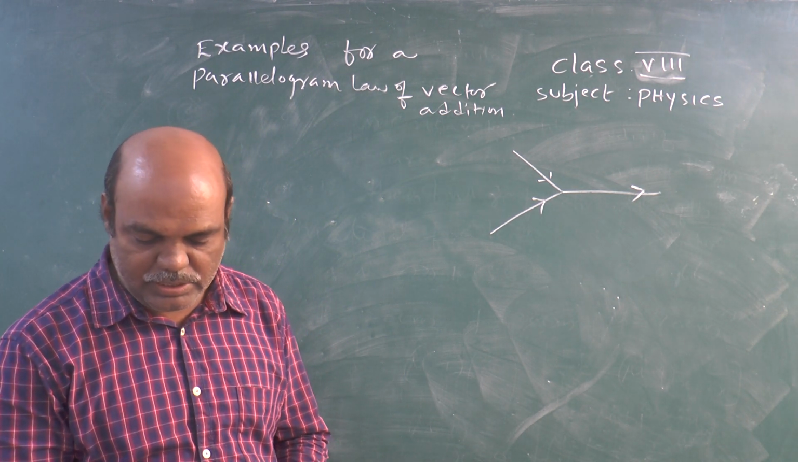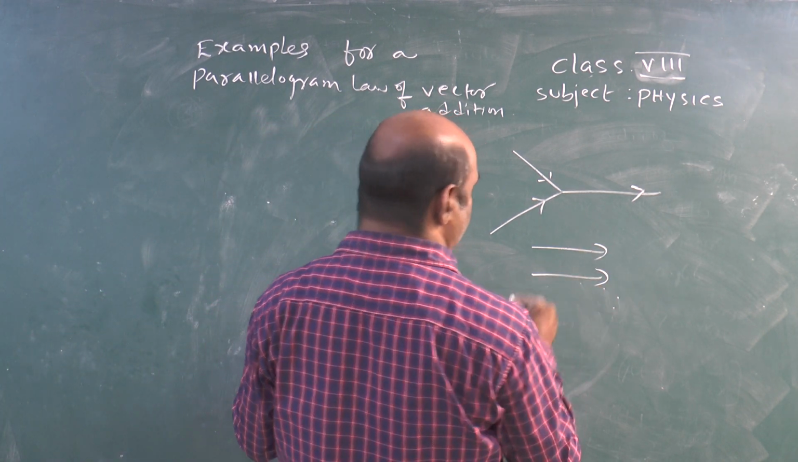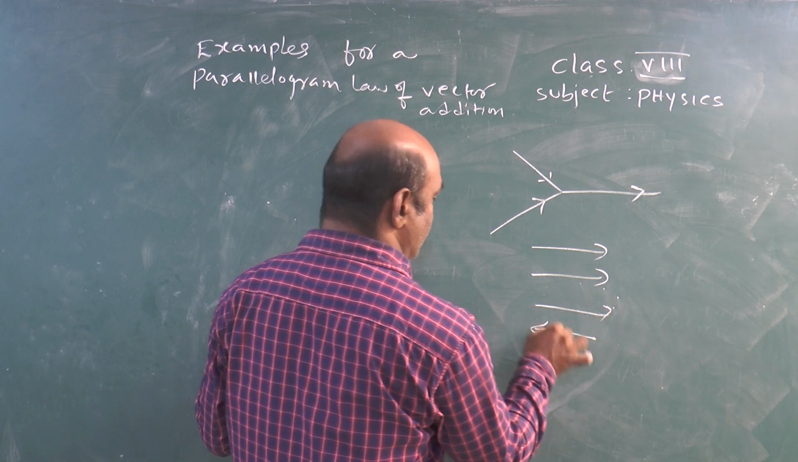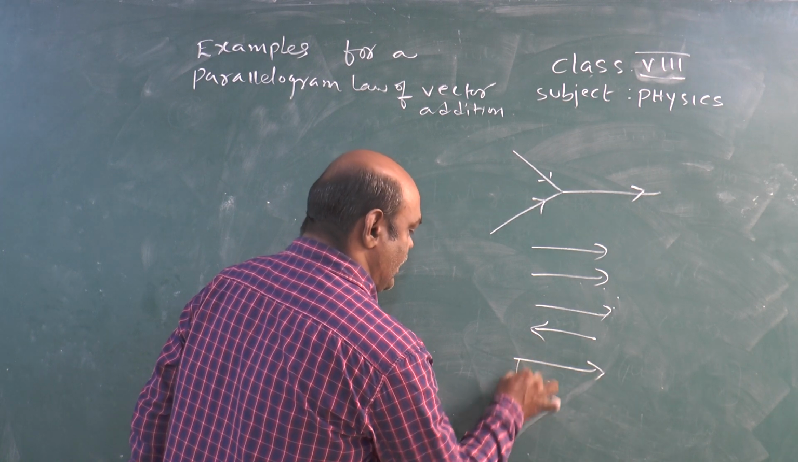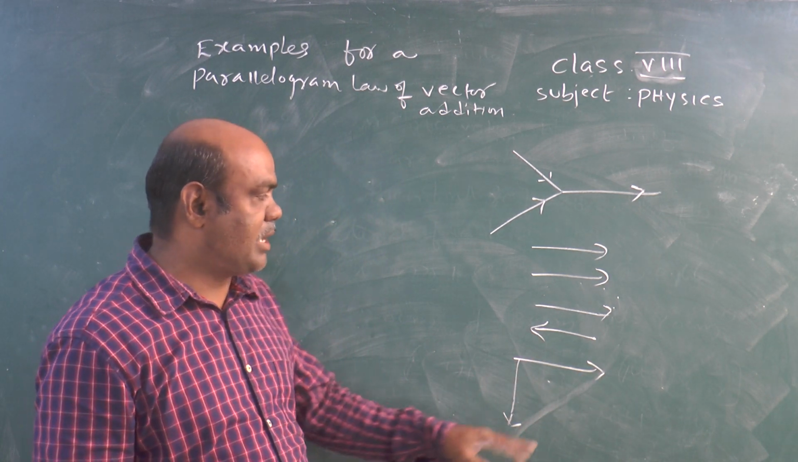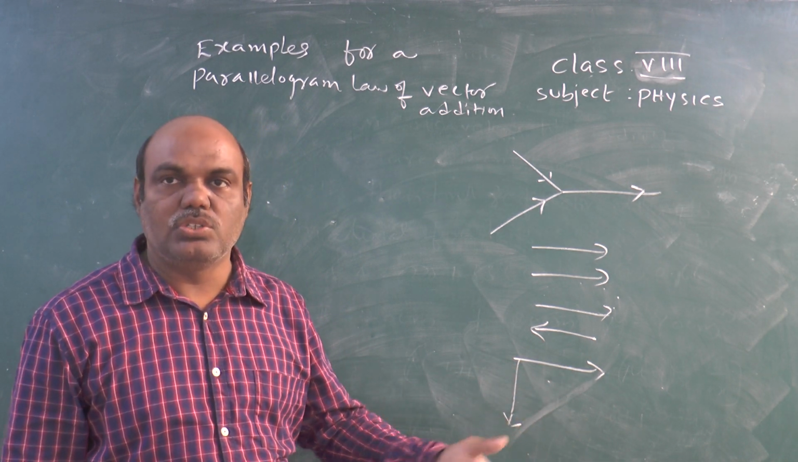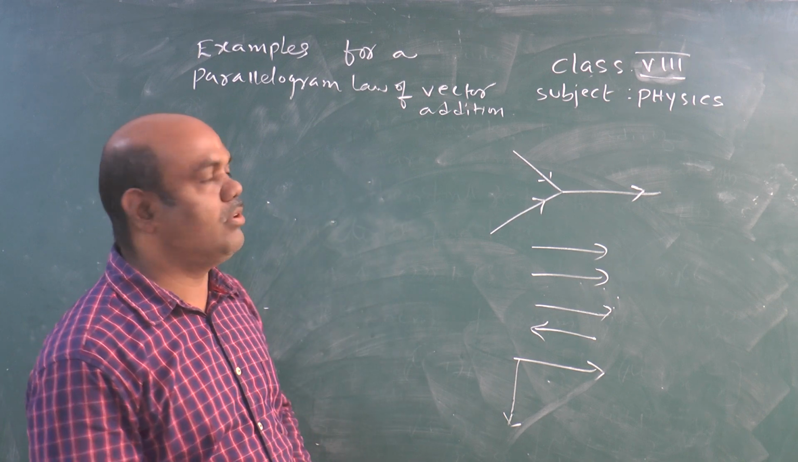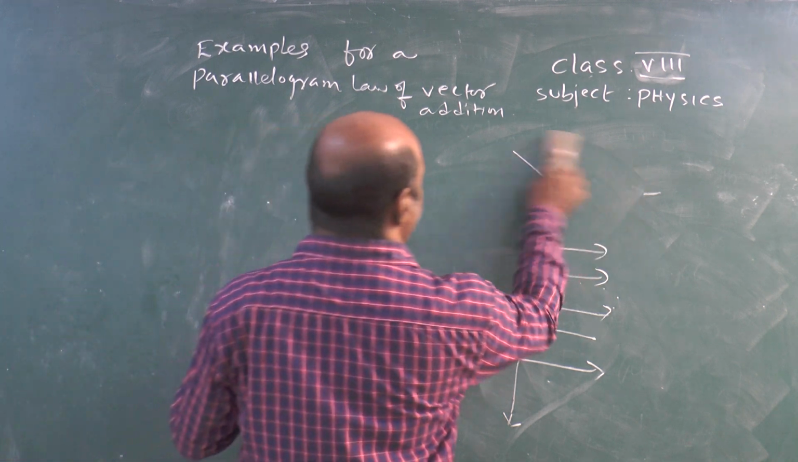Next, if two vectors are in the same direction, what is the resultant? If two vectors are in opposite directions, what is the resultant? If one vector is in one direction and another vector is perpendicular to the first vector, what is the resultant? In these situations we use the parallelogram law of vector addition. Now, the first problem is,